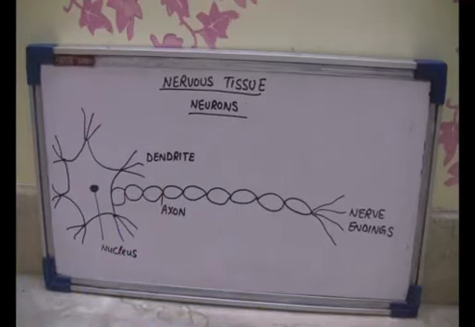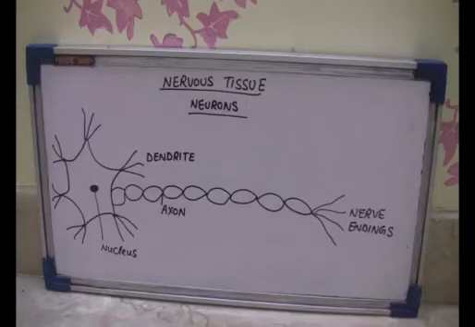So students, if you get in boards a long answer type question to describe a nervous tissue, then just write the location of the nervous tissue, where they are located. They are located in brain, spinal cord and the nerves. And after that, draw this diagram. This is a very simple diagram. Just draw this diagram, label it, and then explain the functions of the dendrite and the axons. These dendrites are the hair-like projections, and their main function is that they carry the impulses to the cell body. On the other hand, the axons are the long cylindrical structure which take impulses away from the cell body.